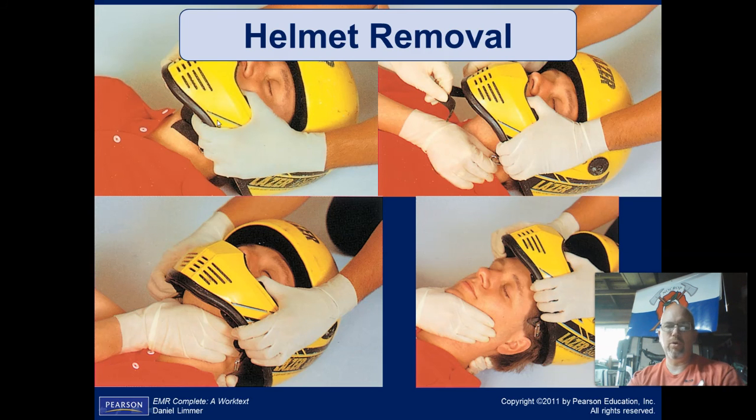We would not remove a motorcycle helmet on a patient that had an open, active airway who showed no real signs of spinal injury. If a patient has definite signs of spinal injury and has airway concerns or issues, then the helmet needs to come off because airways are a priority, right? We need to take care of that.